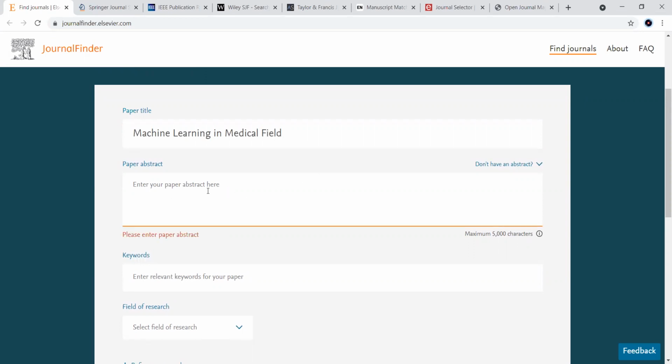You can enter an abstract, like: medical field has been under a good evolution in these years, for the purpose of like that.